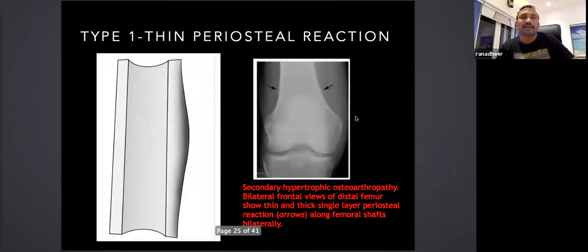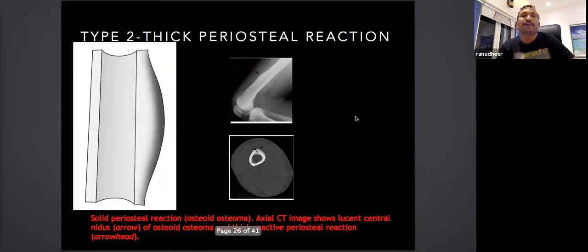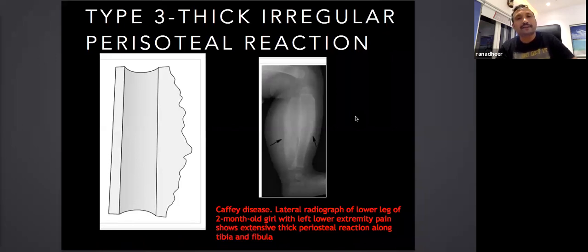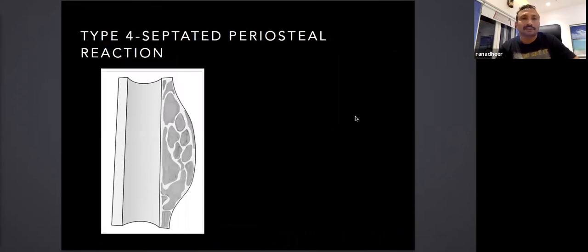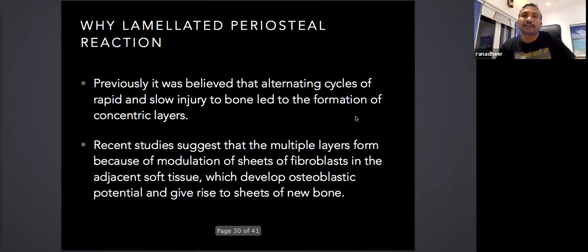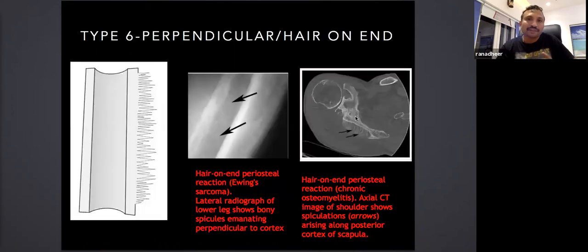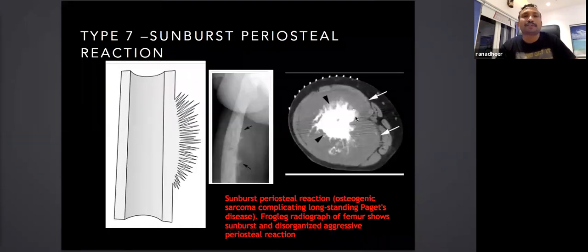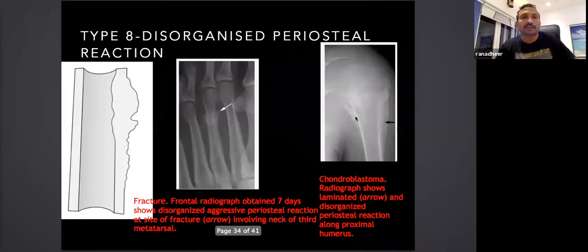So, going by that, thin periosteal reaction, benign; thick, probably benign; thick irregular periosteal reaction, a peculiar type seen in Caffey's disease. Septate periosteal reaction seen in hematoma. Laminated onwards, it is malignant most of the time. But osteomyelitis should be taken into consideration, and that's why fever, recent onset, all these things should be taken into consideration. This is clearly malignant except for chronic osteomyelitis. This is sunburst periosteal reaction. Again, it is also very aggressive. This is malignant unless proven otherwise.